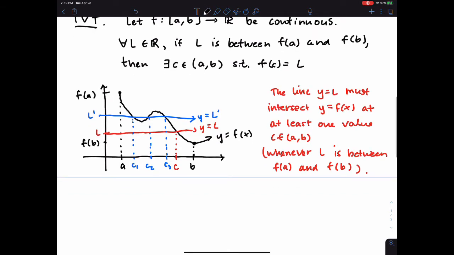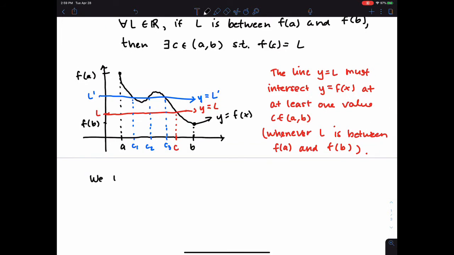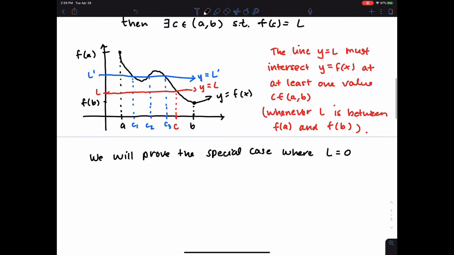So let me write this down. So we will prove the special case where L equals 0. So in other words, i.e., if f is continuous on [a, b],